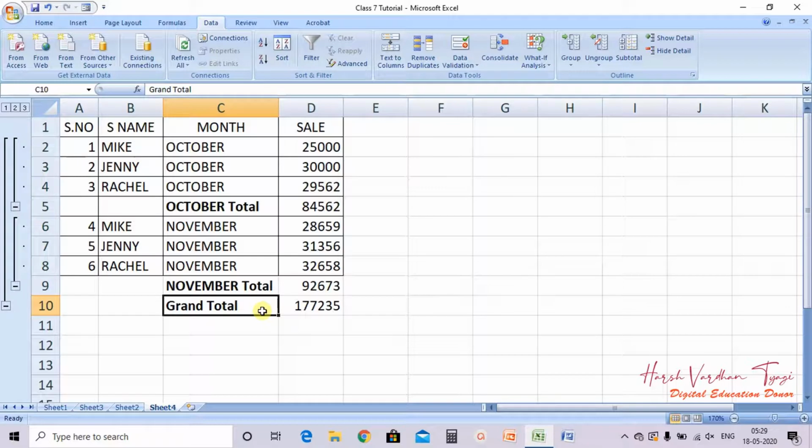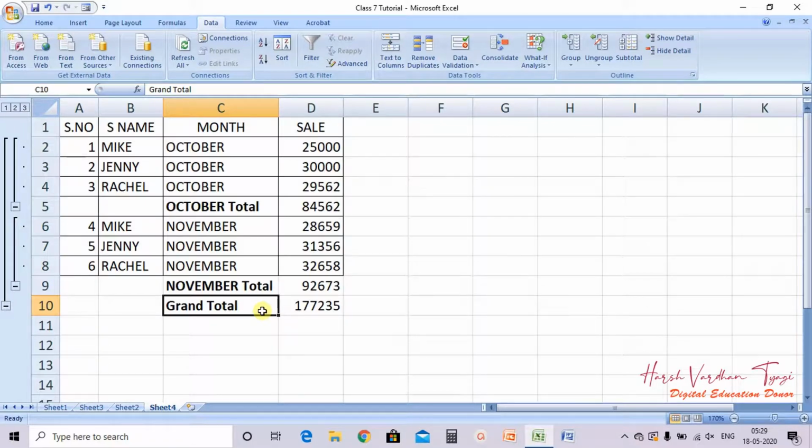So suppose for a financial year a company is having 100 sales representatives in an organization, from April to March. The company wants to know how much sale has been done in a particular month. So what will the company do? The company will use this option, that is adding subtotal. It will display the subtotal of all the months, from April to March, the sale of every month, and then the grand total, meaning it will do month-wise total.